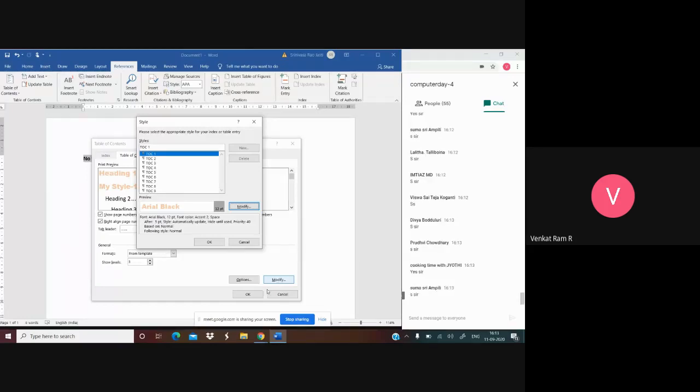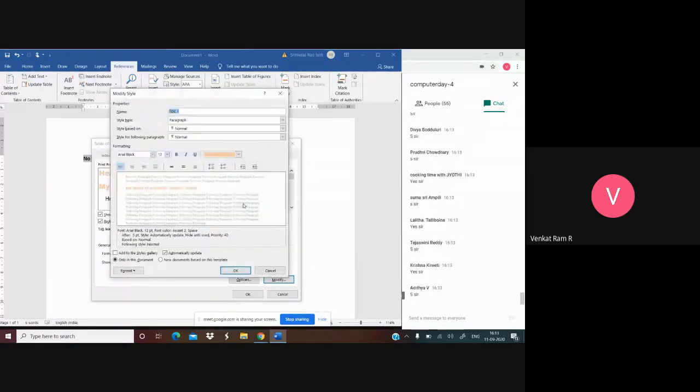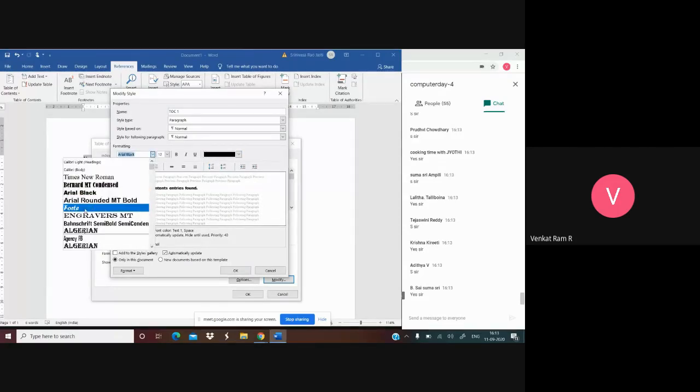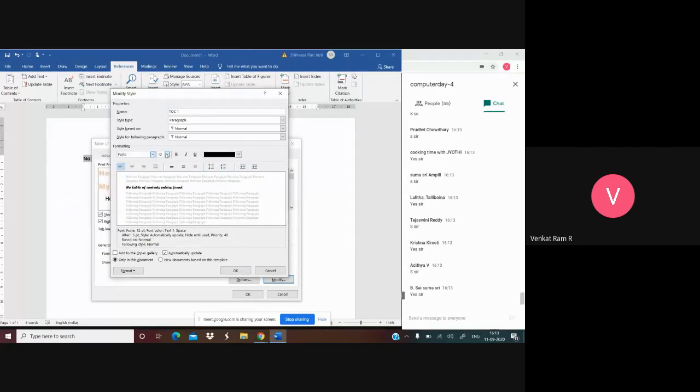Okay. In this style, you can modify. You can modify and you can choose any other color also. I'm keeping black. I'm using some other font size, I'm decreasing. Okay, here the alignment is left and I am making it right.